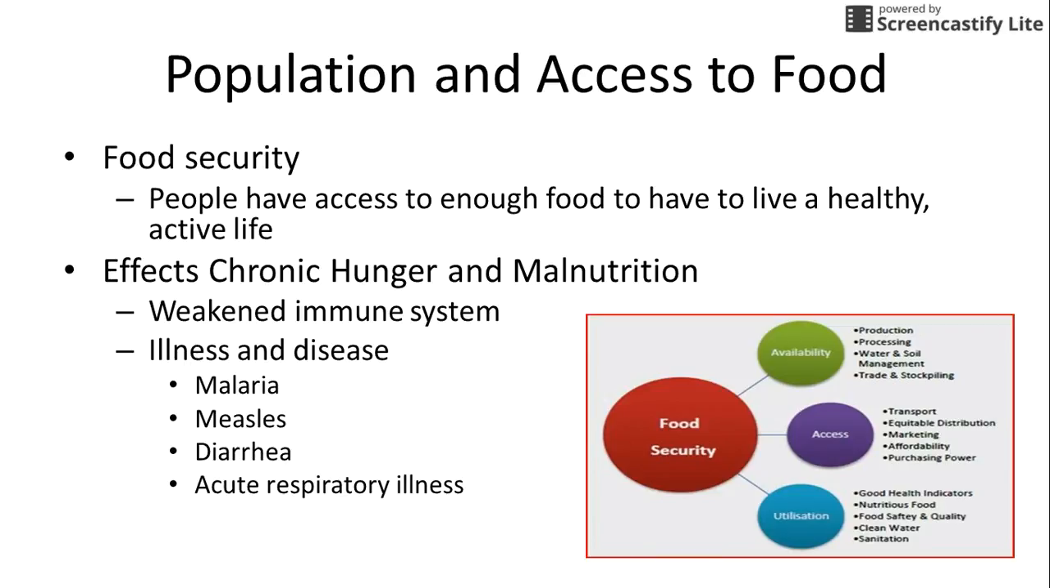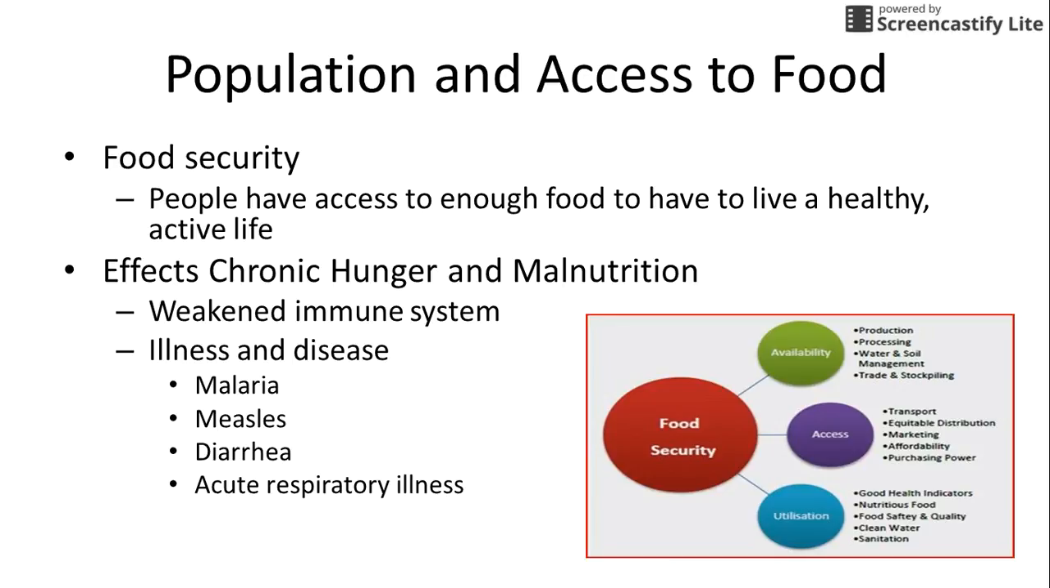So when you have people, you need to feed them, and some populations have more access to food than others. And so food security is super important to look at. If you look at this little infographic down here, food security is: is food available? Do they have access to it? And can you actually use the food well? All of these things affect how much access someone actually has to food to live a healthy